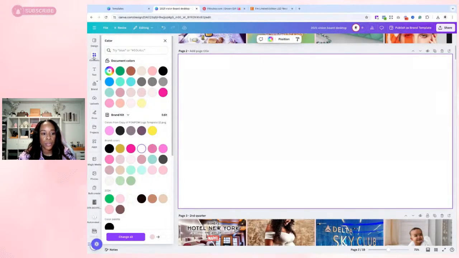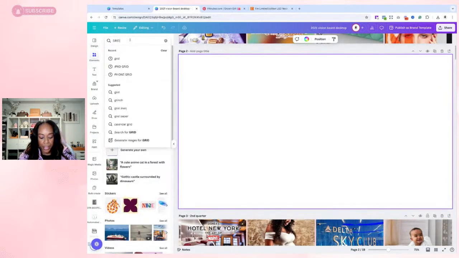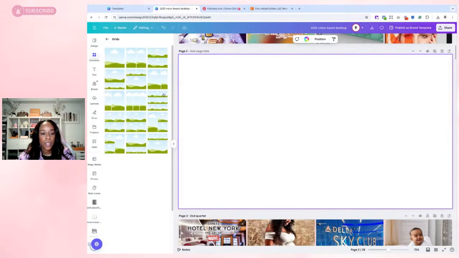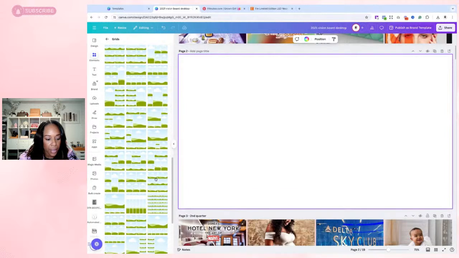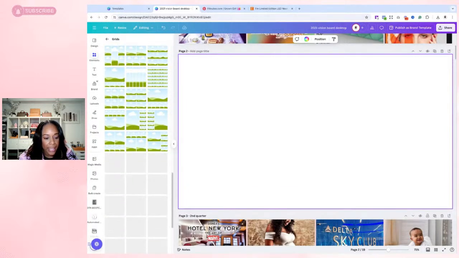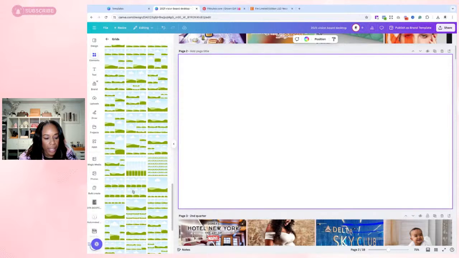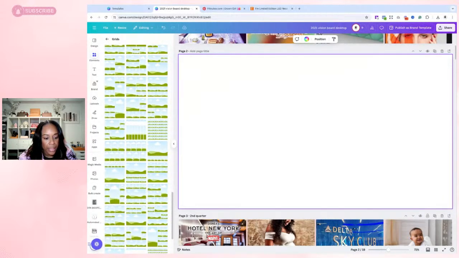I would go to elements. I would type in grid, and I would just say, how many pictures do I want, right? So let's just say if I wanted, I don't know, like 6 or 9 pictures, and I like them to really be even. So I'm going to scroll down until I can find some that are the same number.